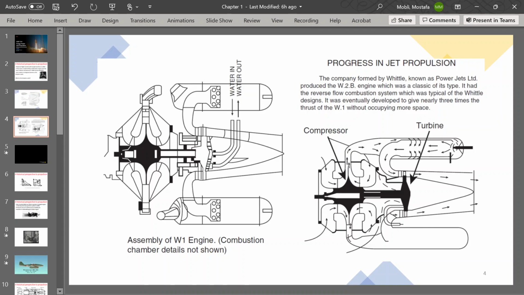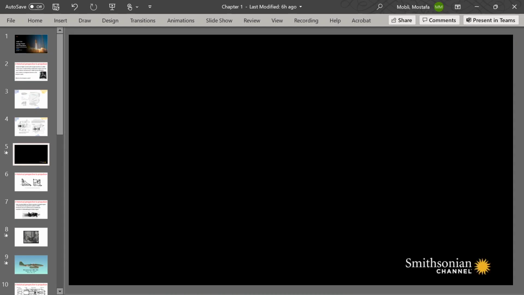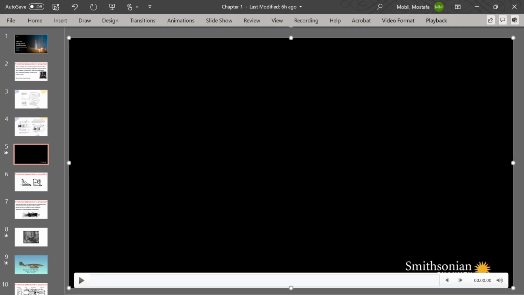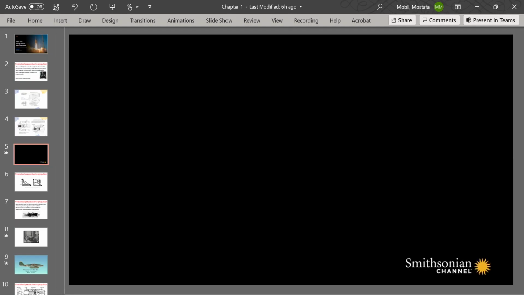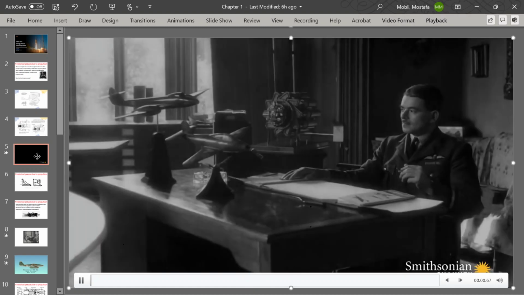And this engine is called the W1. This is a W2 engine. This one is a W1 engine, but essentially the same ideas, just a little bit of improvement to the W1 engine. So let's take a look at this, a movie from Smithsonian on